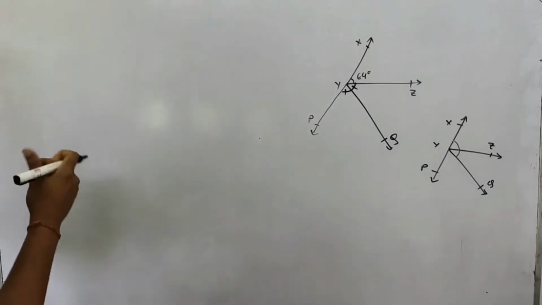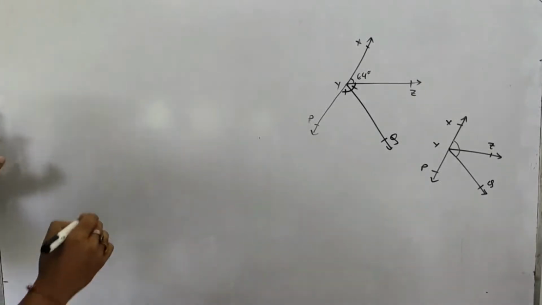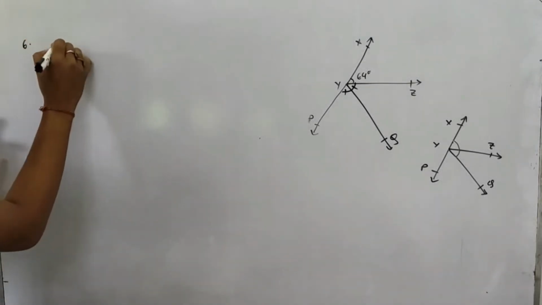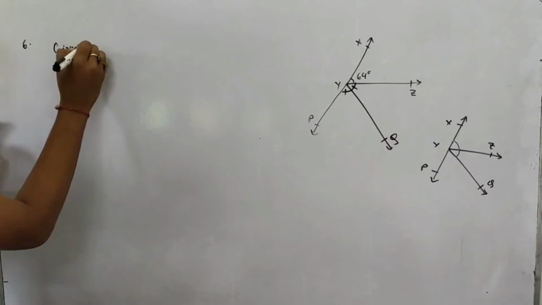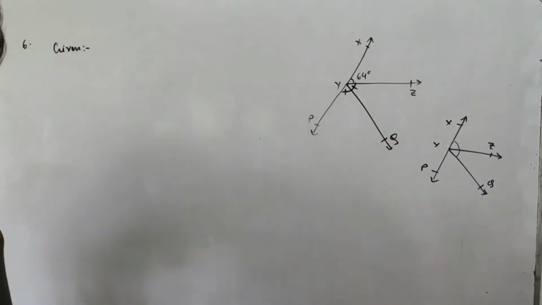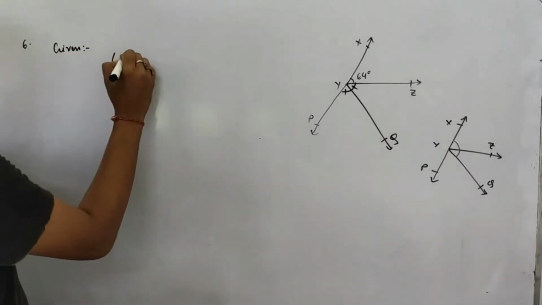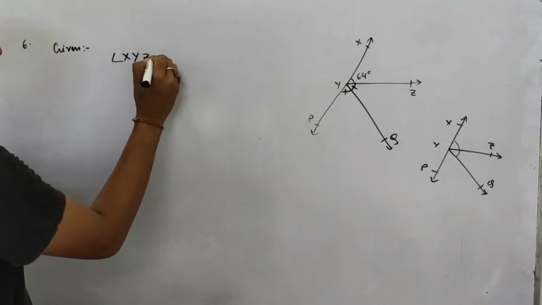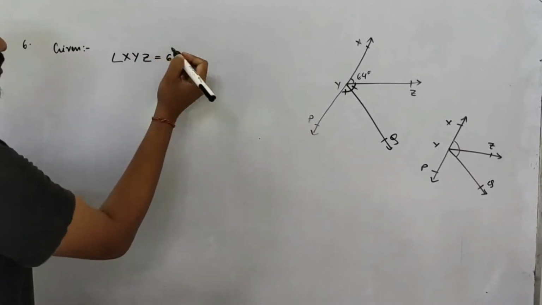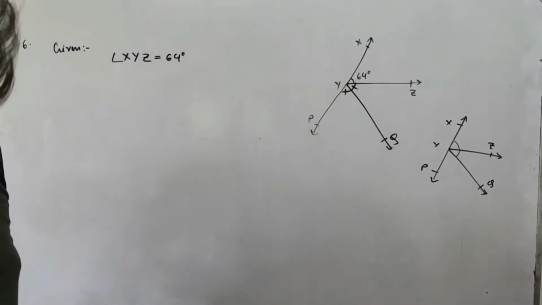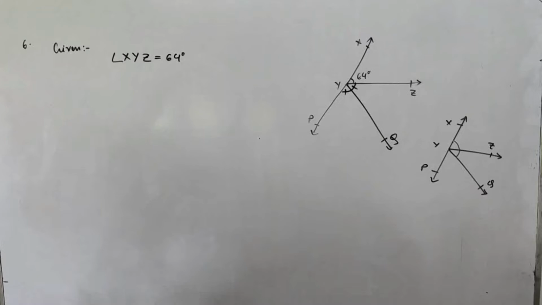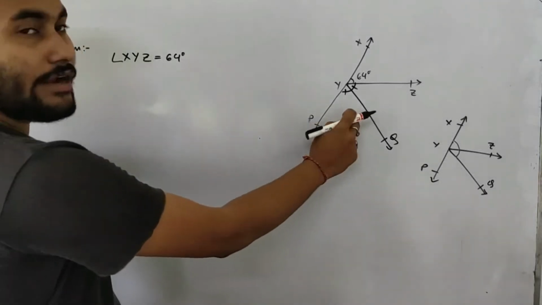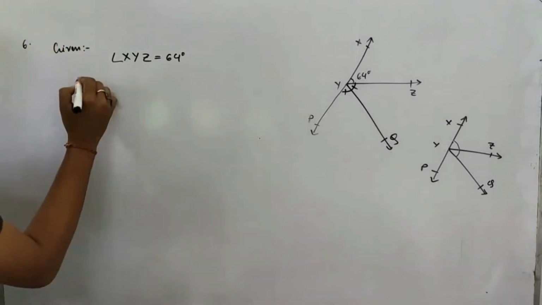Given part you write. Given, question number 6. Given angle XYZ is 64 degree. Angle XYZ is equal to what? 64 degree. Okay. And what else is there? The other thing we need to write is about this bisection. Okay, this is very important. So we will write